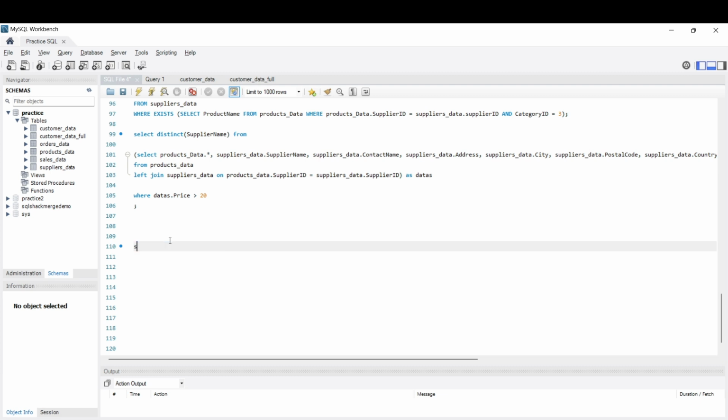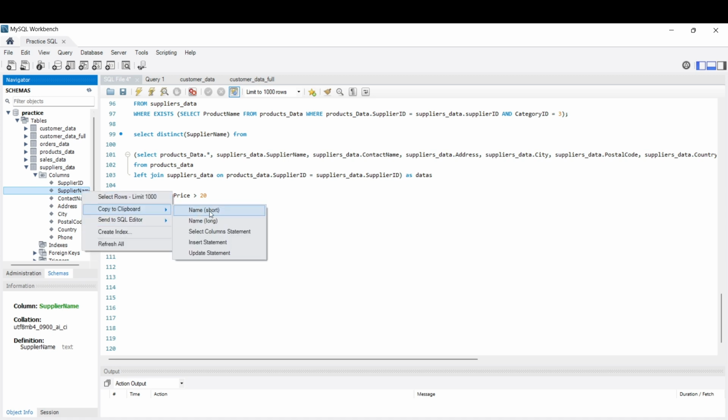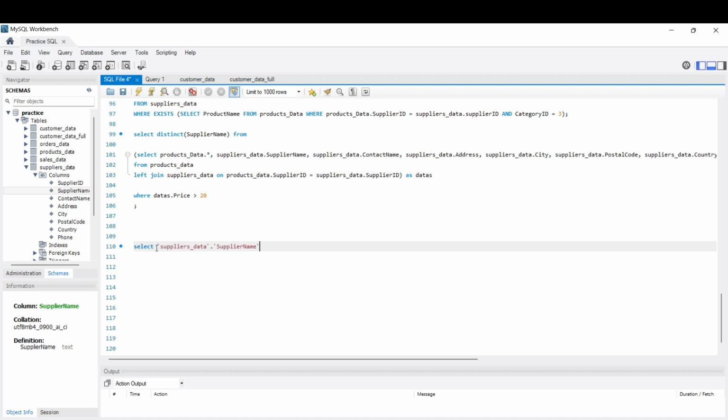First of all, we are going to write SELECT. We have the supplier data here, and we want the supplier name, so I will just copy the name. Select the supplier's name from the suppliers data. So I'm going to do this first. Now what I'm going to do is WHERE